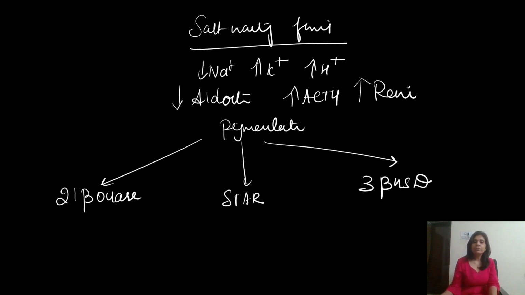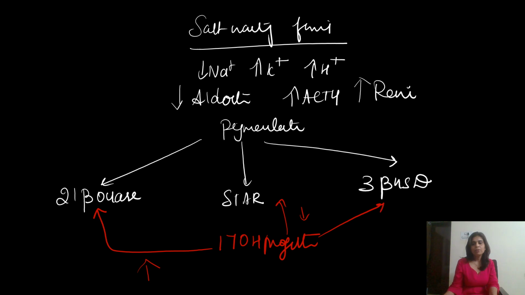Now, how do you differentiate these 3 conditions? These 3 conditions can be differentiated just by estimating one parameter, which is 17-hydroxyprogesterone. And the 17-hydroxyprogesterone levels will be high in 21-beta hydroxylase defect, whereas it is low in both StAR protein defect and in 3-beta hydroxysteroid dehydrogenase defect. Because if you can recall,